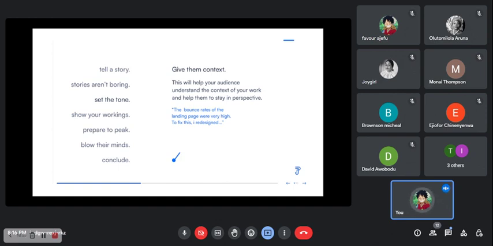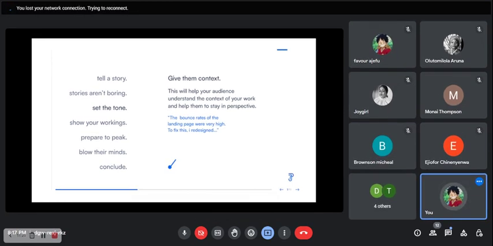This is going to help them understand the context of your work and help them to stay in perspective as they continue to read through your presentation. So, for example, we have used the example of Luffy. We could say a potential problem statement for this story of Luffy, if you are going to be helping Luffy to solve this problem, is the bounce rate of this landing page,